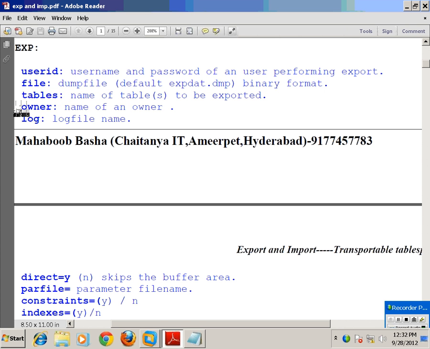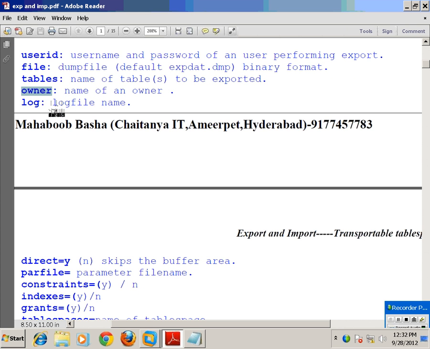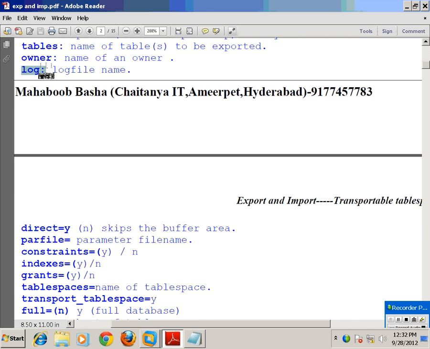Then OWNER, user level: name of the user whose tables are to be exported, the complete tables of the user. And next one is LOG. While you are exporting, you can define the log file also. LOG is used for the log file.